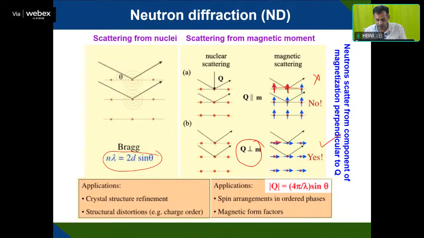Those things you can find out: spin arrangement, order phase, magnetic factors. All that information you are able to calculate from the magnetic scattering. Here all the scattering is expressed in terms of the vector Q equal to 4 pi by lambda sine theta,